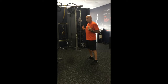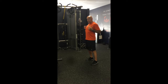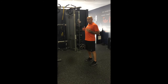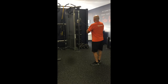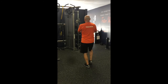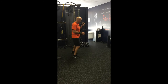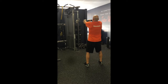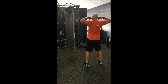We spend a lot of time here with the folks that have been deconditioned over time to re-establish the posture that's necessary for an active and healthy life. So this exercise called the face pull works primarily on the rear delts, a little bit on the latissimus dorsi, but the way we do it, I've got about 7.5 pounds on the cable machine. I've got a rope handle here attached to a cable about head height. I extend my arms out fully and I pull back with my elbows high and the handle's coming back to my ears and really squeezing